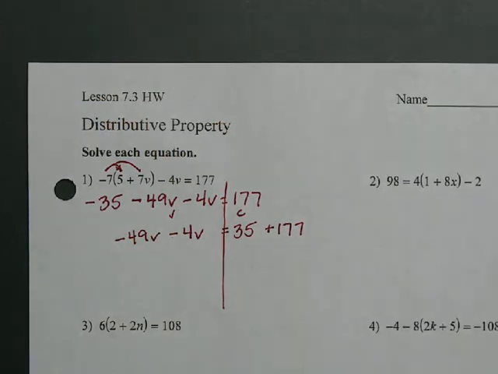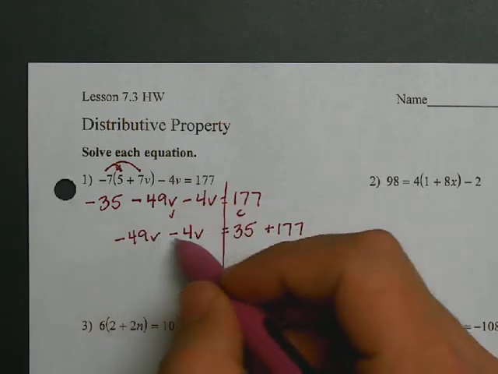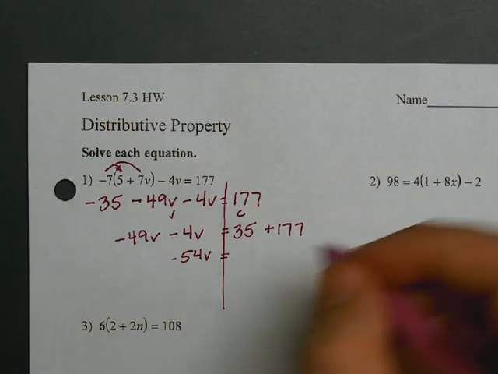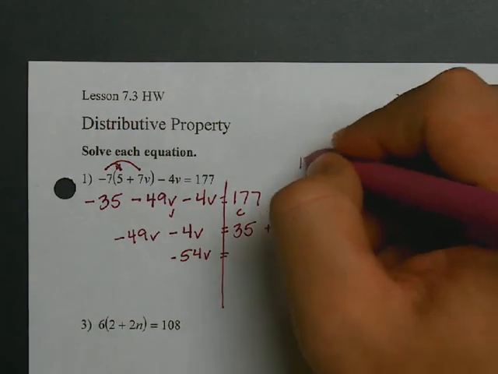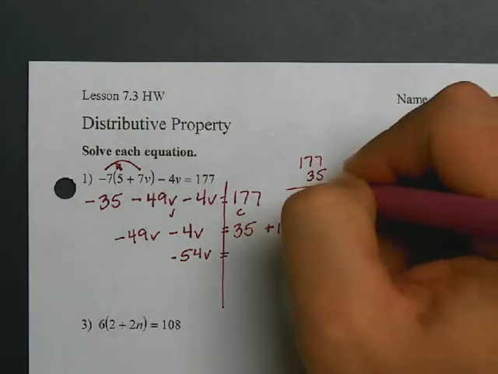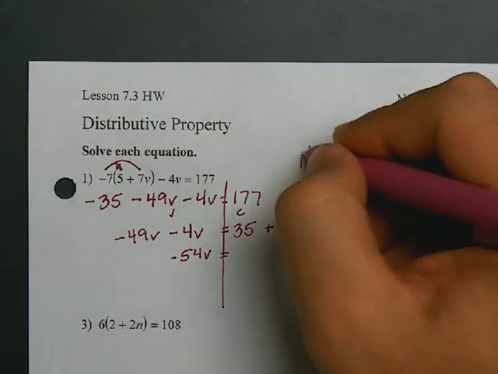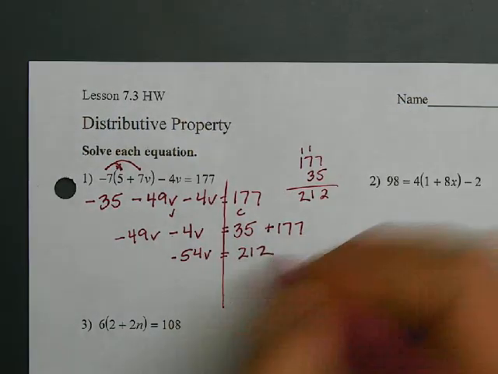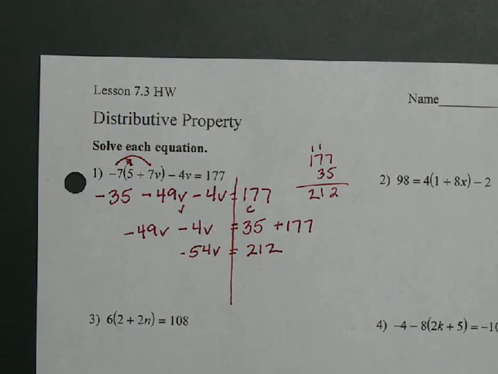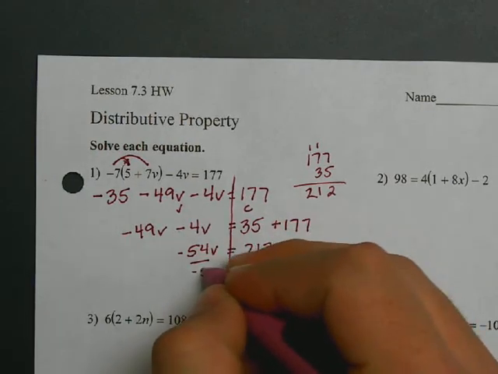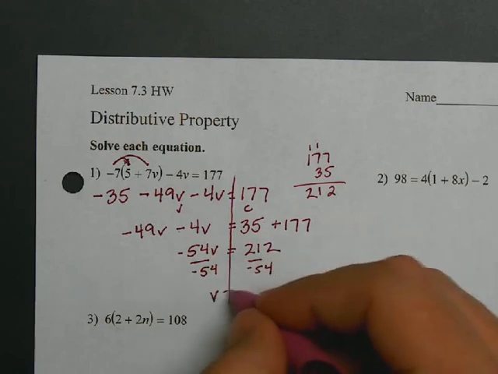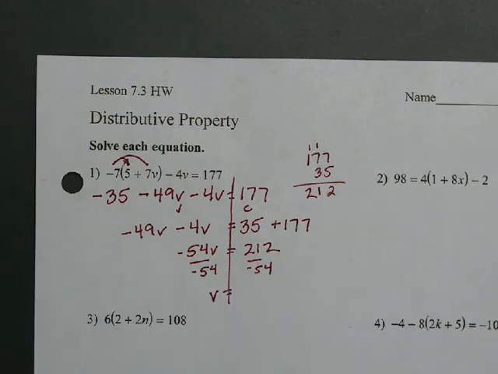So then from there, we're going to put negative 49 minus 4, which would be negative 54v, equals 35 plus 177. So 177 plus 35 would be 212. Okay, and then from there you divide both sides by negative 54, and you would get v equals